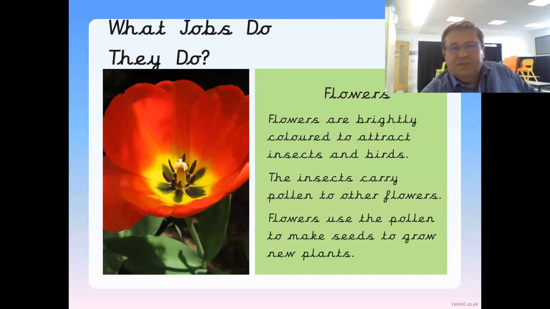Now the flowers. The flowers are brightly coloured, but they're not really to attract us, even though I know a lot of people really like the beautiful flowers. They're really designed to attract insects and birds. They're to make birds and insects come to the plant, and then when they come into the plant, bees, for example, will try and eat the pollen, and the pollen is kind of like the male part of the reproduction process. So a bird or a bee or an insect will get itself covered in the pollen by diving into